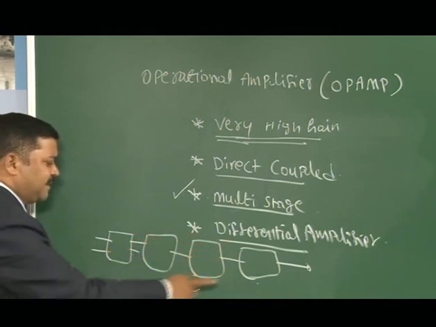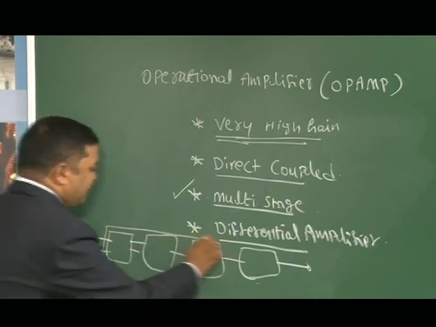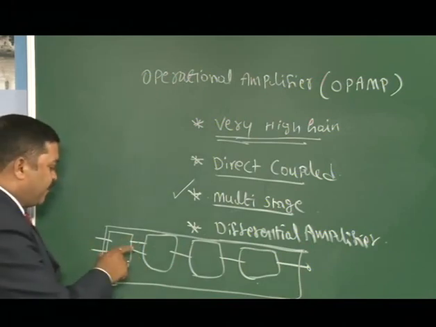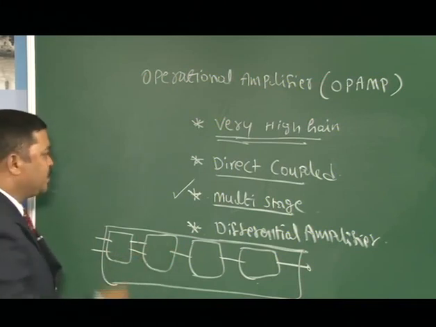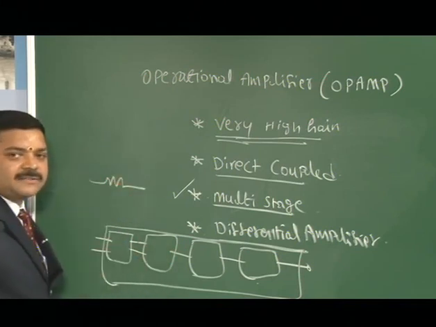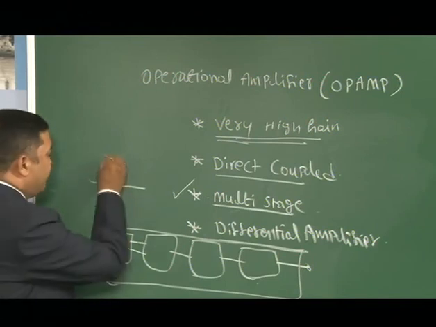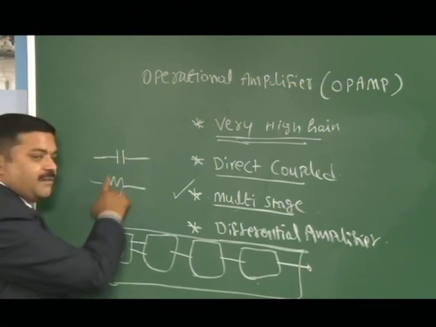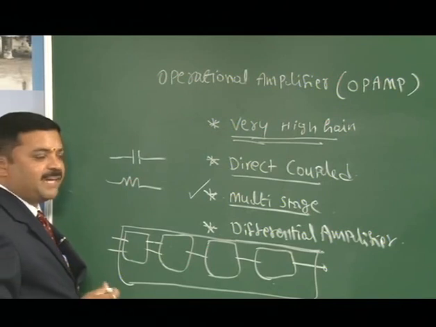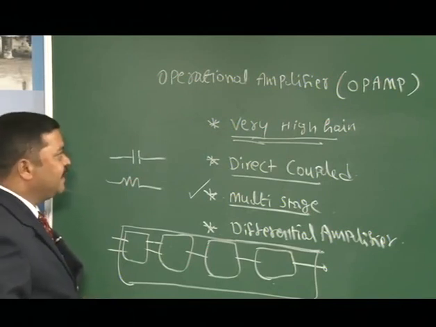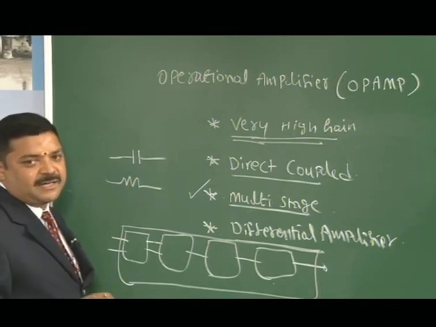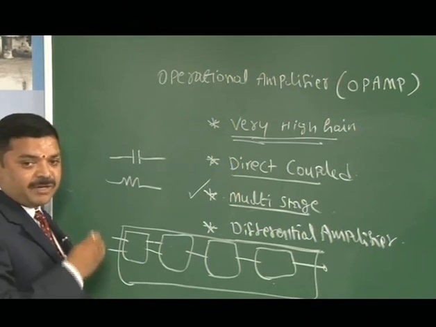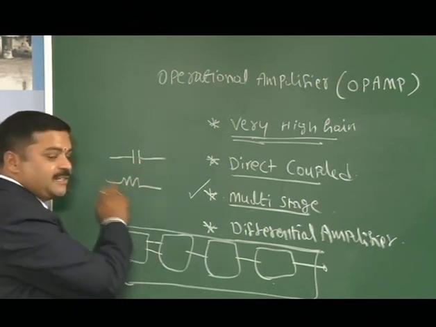When we see this multi-stage circuit, there are no coupling elements. What is a coupling element? From one stage to another stage, if we use a resistor R, then it is called R coupling. If we use C, then it is called capacitive coupling. If we use a combination of R and C, then it is called RC coupling. In the 3rd semester, electronics related branch students will see the RC coupled amplifier, where RC elements are used from one stage to another.